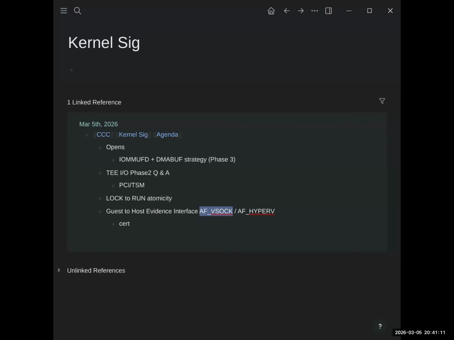I think I get what you're saying. You're saying that whether it is TDX, SNP, or CCA, why do they have this mechanism instead? Why can't the guest use AF VSOC to get this blob from the hypervisor in a common way? Okay. I mean, I think we'll still need probably IOMMUFD guest requests for bind and other kinds of things that touch IOMMUFD, but